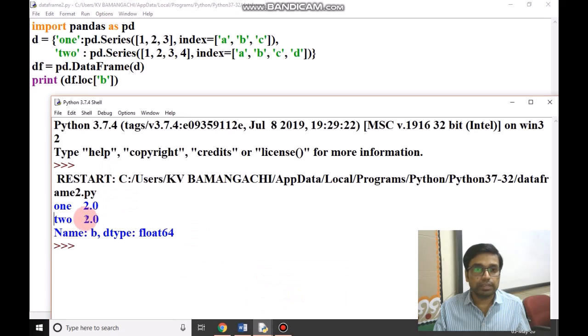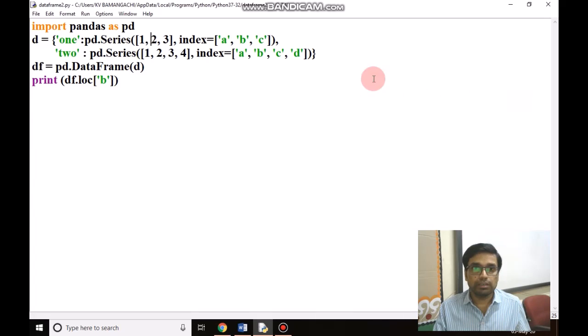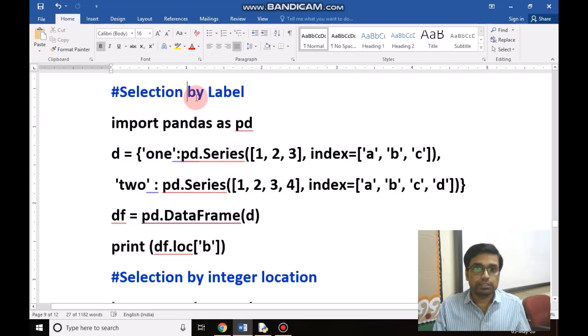In the second column, on the B index, the value is 2.0. It will convert to float automatically. In this way, we can use a label to select any row.